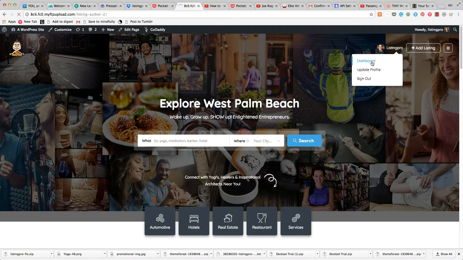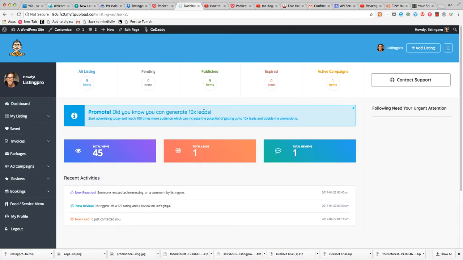So let's look at the dashboard really, really quickly. Now, as you can see right away, the user dash is dramatically different. It's brighter. It has much more information. So this is as an owner or as somebody who has listings. This is the visual back end that you'd be looking at as a customer, as well as the administrator, which I am for this account. So 9 published listings you can see, expired, pending. All right, so you have all this stuff here, which is quite a lot more information than your standard directory